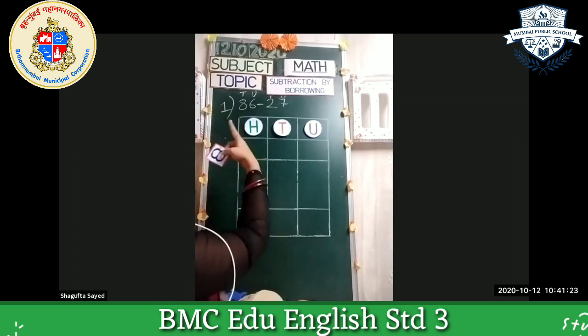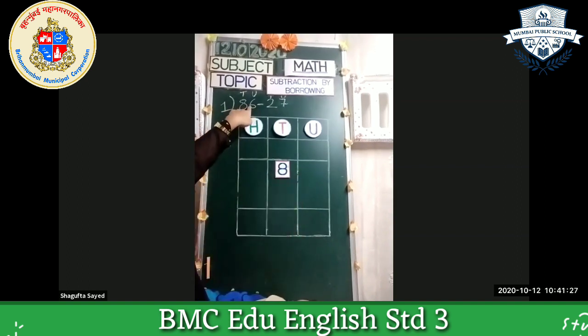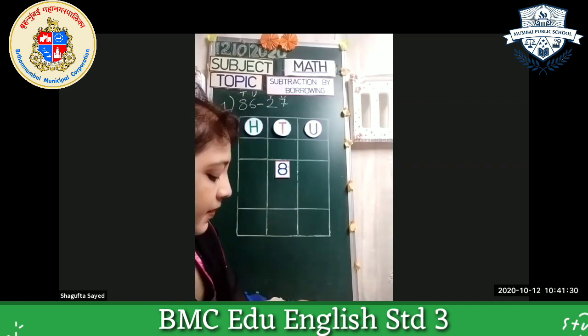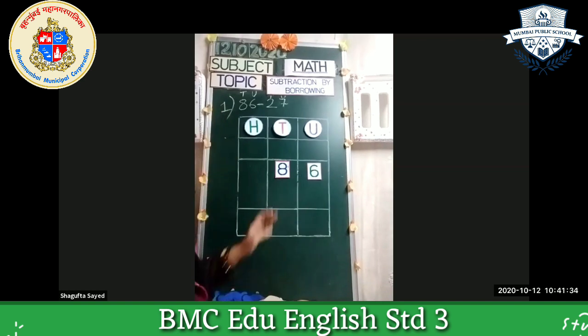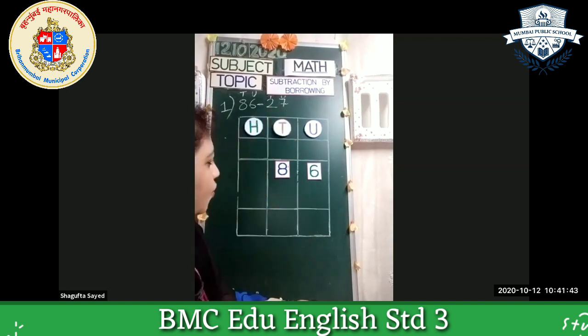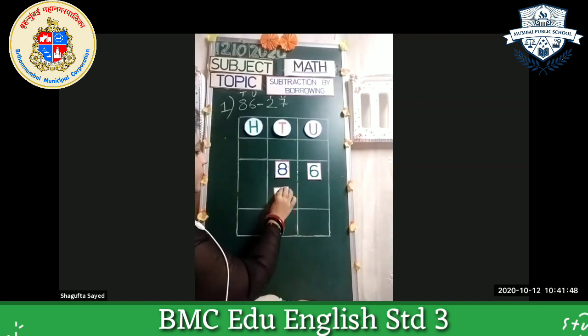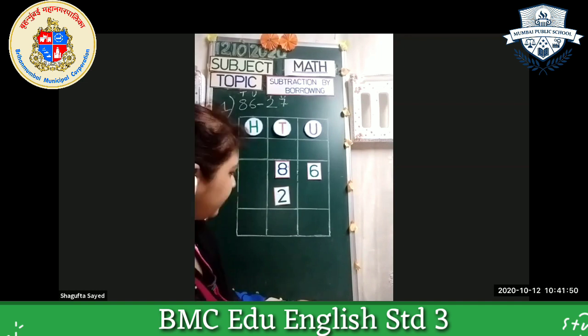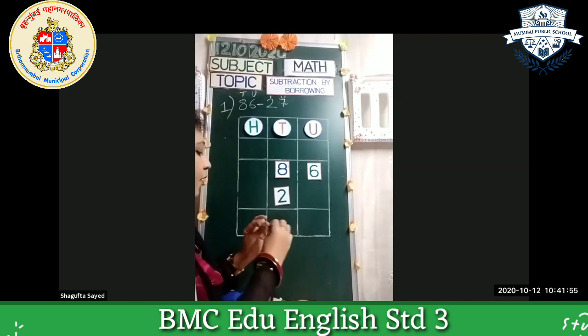We'll arrange now. 8 is at tens place. Then what is this? 6. 6 is at unit place. Now what we have to do? Yes, we have to minus. We have to subtract 27. So what we are going to do? I'm going to write here 20 and I'm going to write here 7. Okay. Now after this,